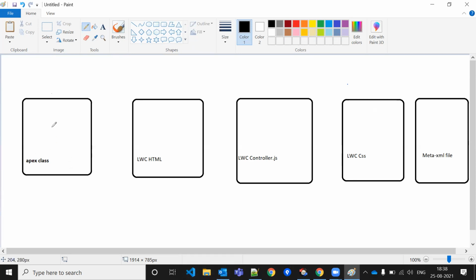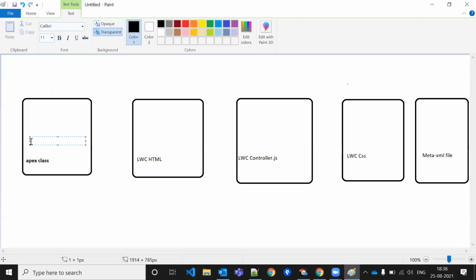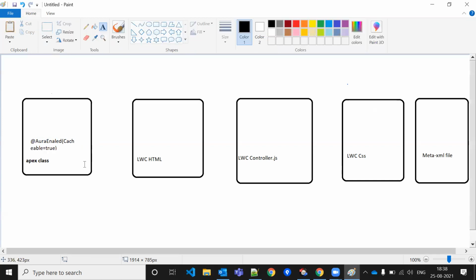If we have an Apex class method we want to call, the annotation before the static method is @AuraEnabled(cacheable=true). So this is a way to call a method.